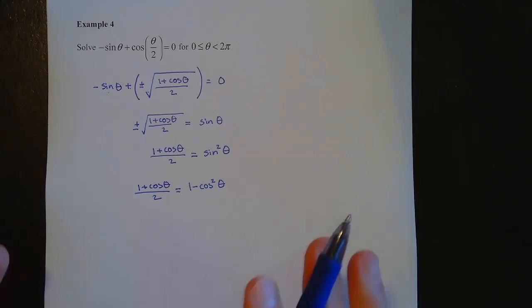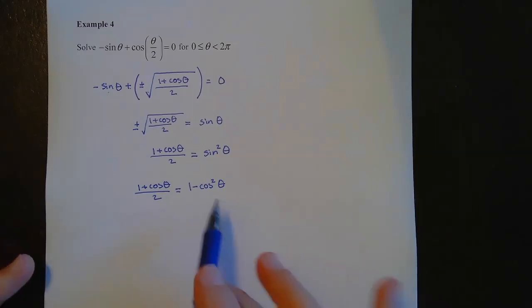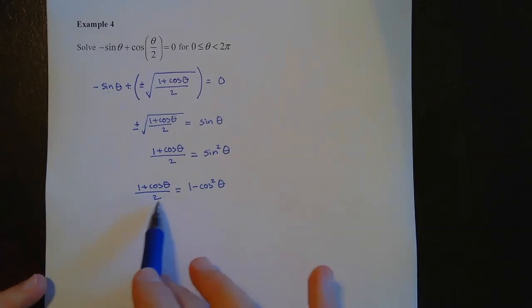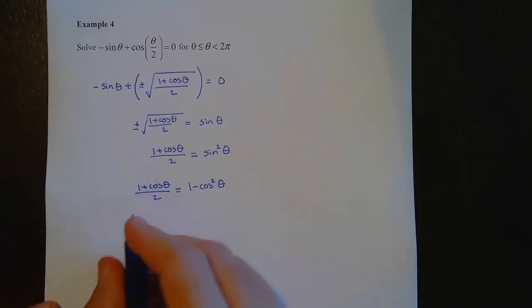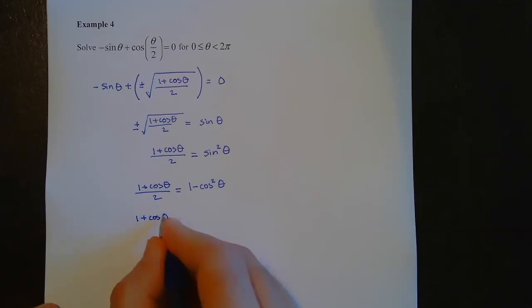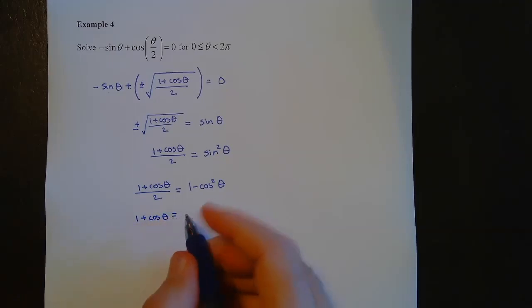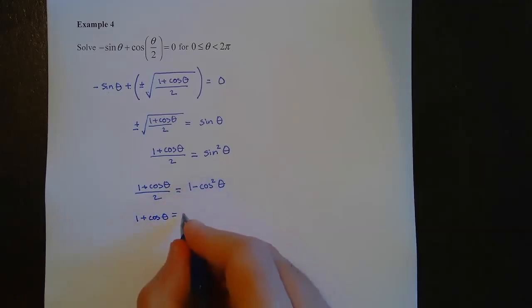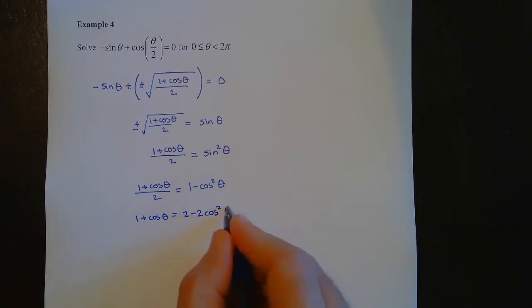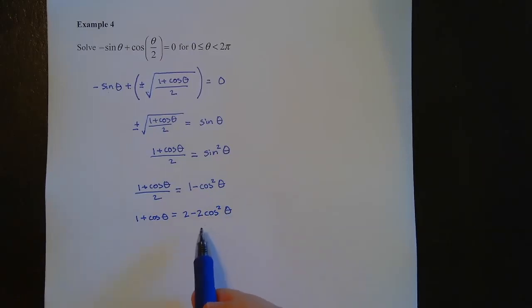All right, so now this is nice because I've got cosine thetas. Now what I'm going to do next is start working on my fraction. I'm going to get rid of this 2. I'm going to multiply both sides by 2. Well, that would give me 1 plus cosine of theta is equal to, and if I multiply this side by 2, I get 2 minus 2 cosine squared theta, okay? And since this cosine squared theta is negative, because it's negative 2 of them,